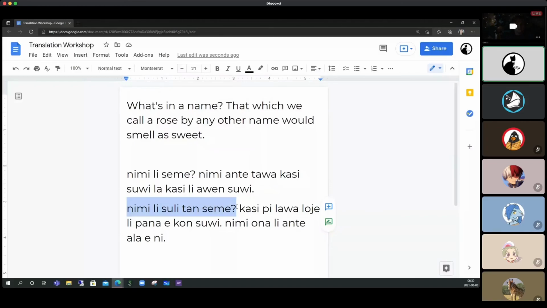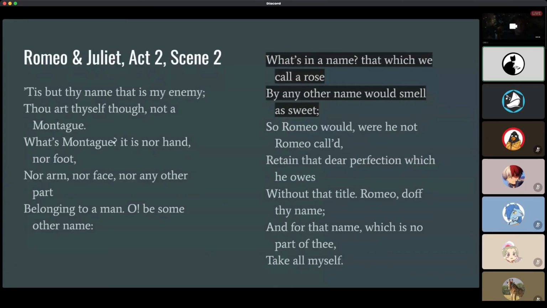But anyway, I'm really sorry, I'm going to run over if I keep going. But thanks for giving me the original sentence here. Seme la nimi li suli. Yeah, you could. The thing is, it also depends on the whole flow of the scene. And also, you've got poetry here, right? Iambic